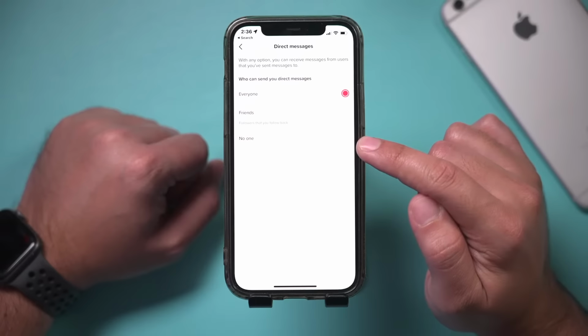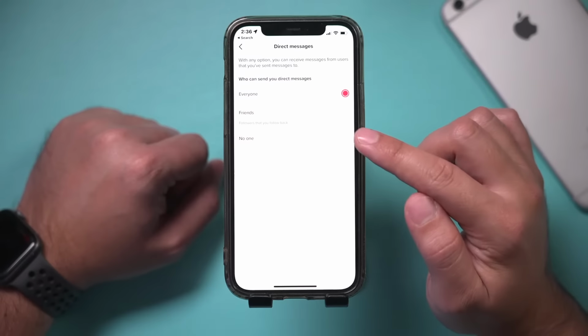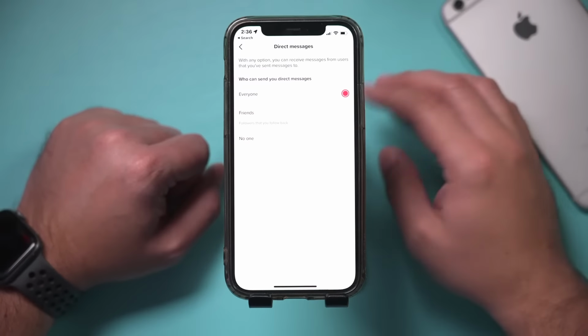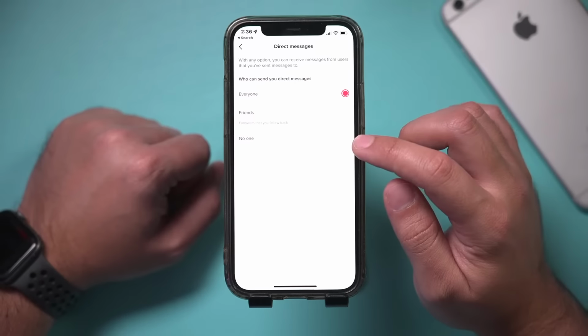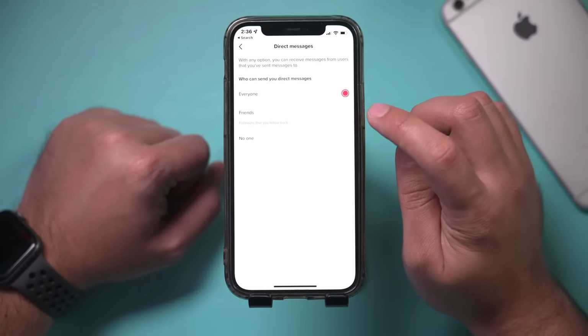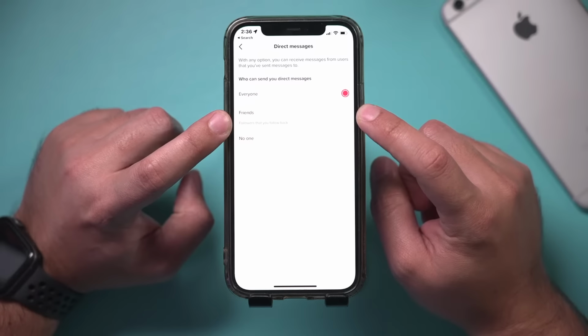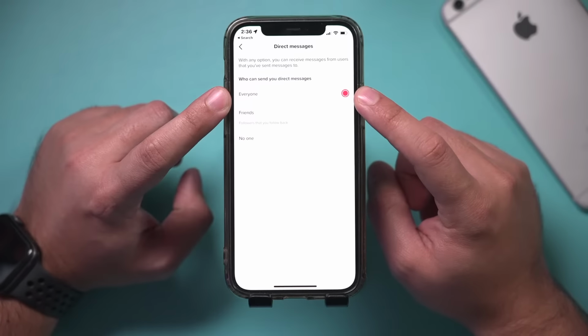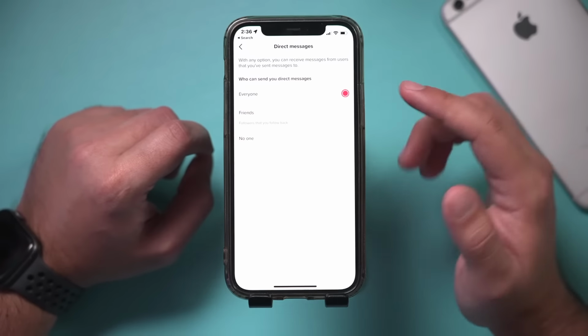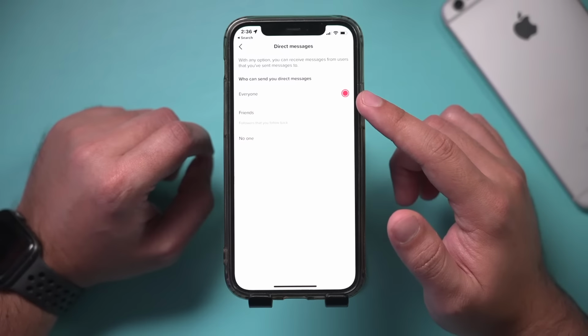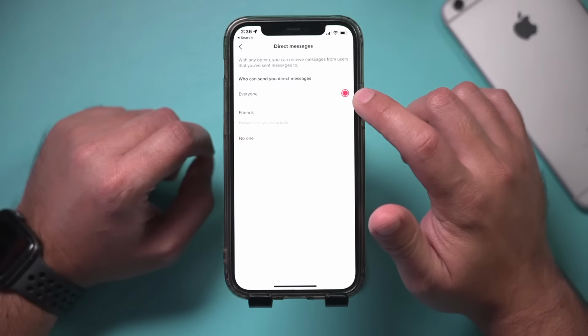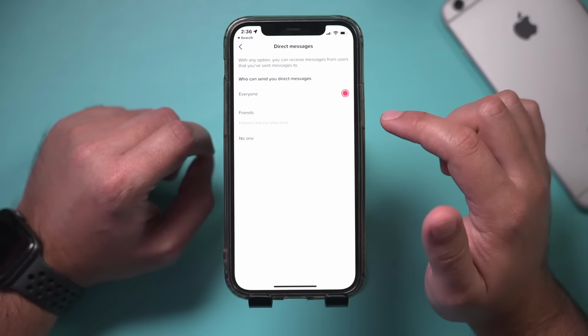Now, if yours is set to no one and the other person has this set to no one too, you can't message each other, right? So when I had this set to no one, I wasn't getting any messages. You could also set this to friends, so only people that are following you could send you messages, or you could set it to everyone, which has led to a lot of spam on my account when I set it to everyone. But make sure you choose friends or everyone here in order to be able to receive messages and